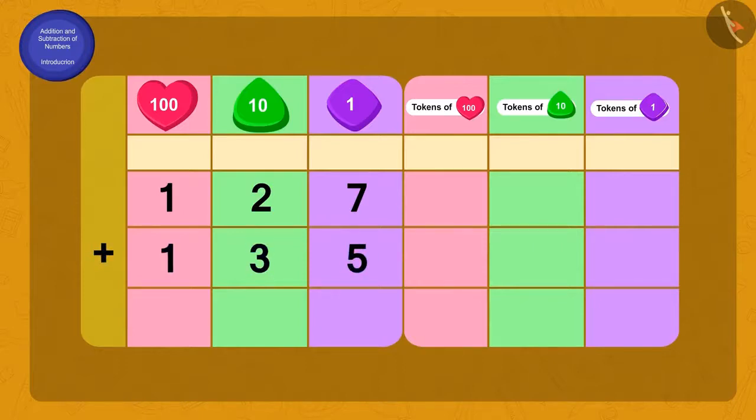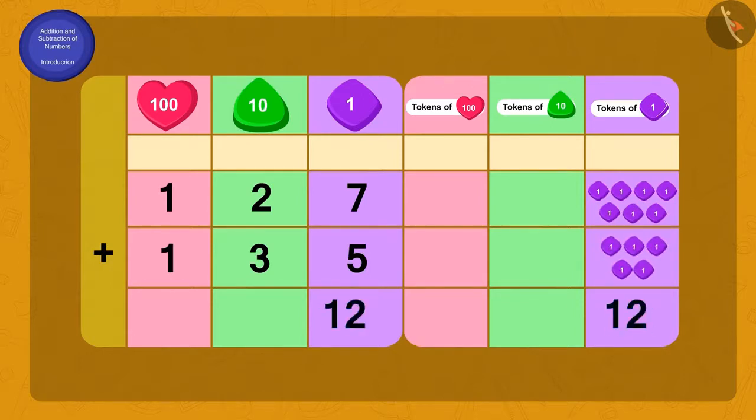What do we have to do first? Yes, by adding 7 ones to 5 ones, we get 12 ones. How will we write 12 ones? That's correct. Using the carryover method, 10 tokens of 1 can be written as 1 token of 10, as 1